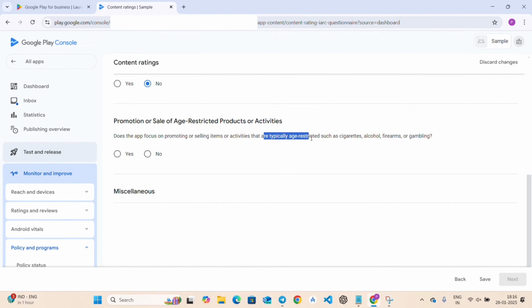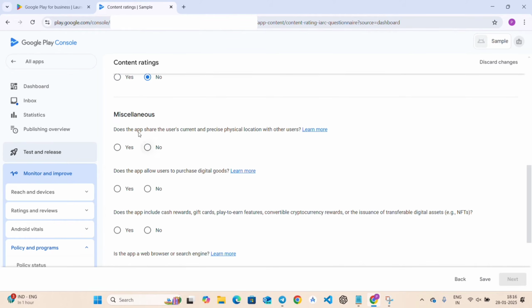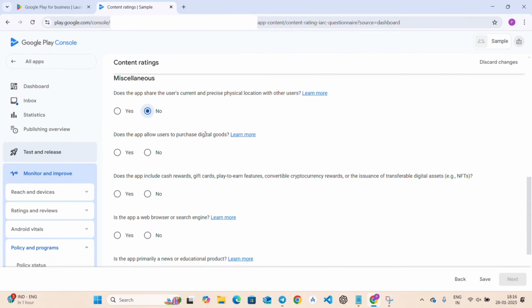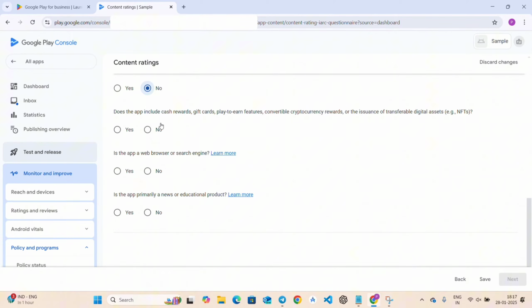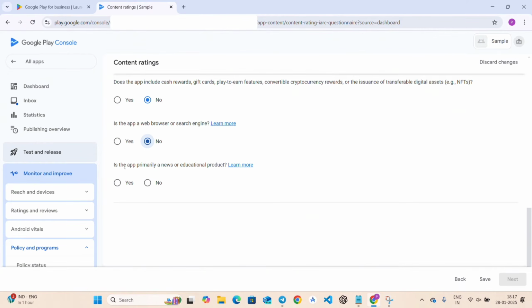And does my app promote any age restricted things like alcohol, cigarettes, etc. or gambling? My app does not contain such things, so I will click on no. You can click on yes. Does the app share users content and precise physical location? So I will click on no. Next is allow users to purchase digital goods. I will click on no. And does it include any gift cards or play to earn features? So I will click on no. It is not a browser, so I will click on no. It is not a news app or educational product, so I will click on no and click on the save button and